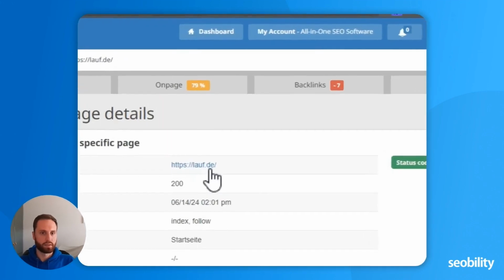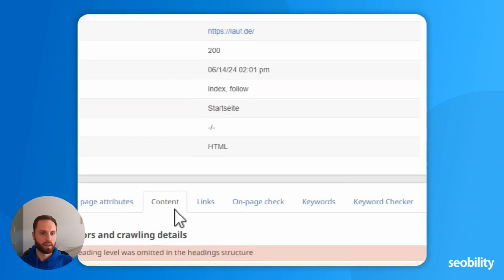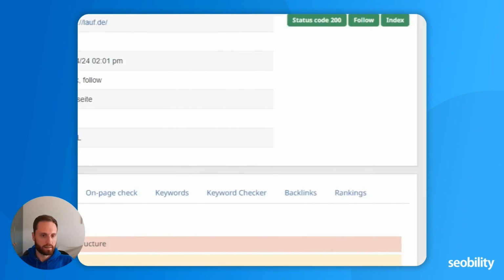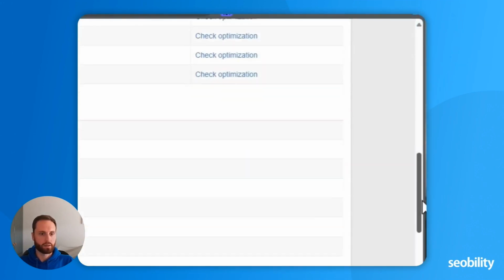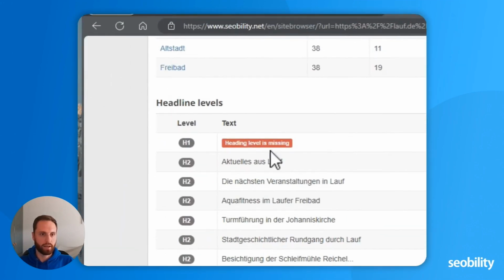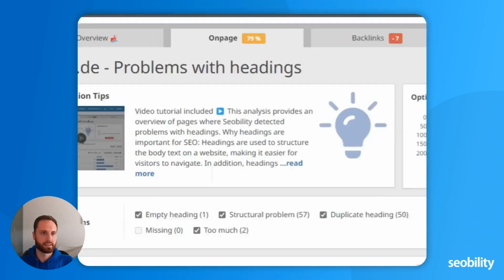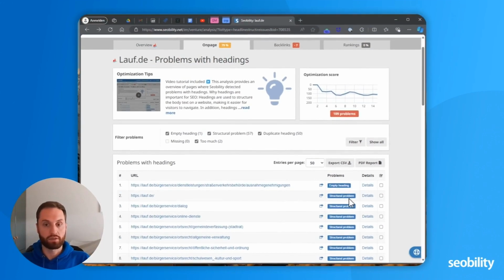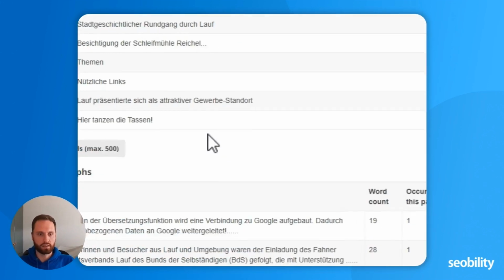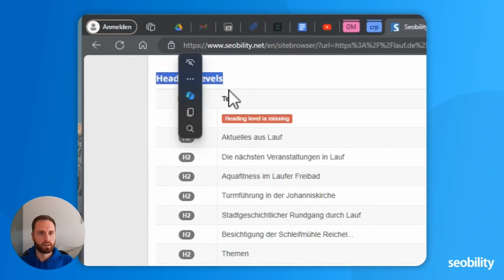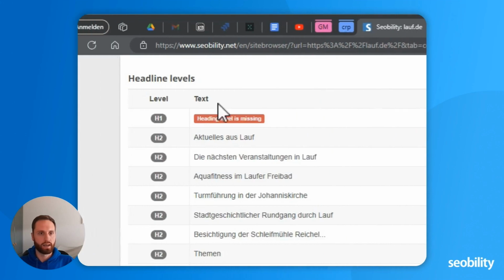We're now looking at the home page, on the correct tab and the correct subheading that has the required information. It's supposed to have structural problems with headings, and we click on details and we see these are our headline levels.